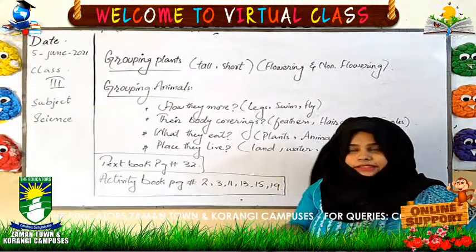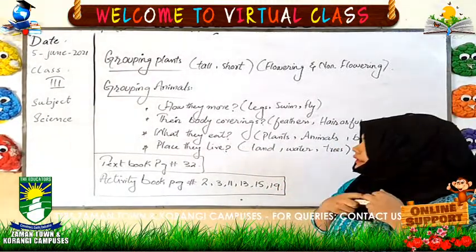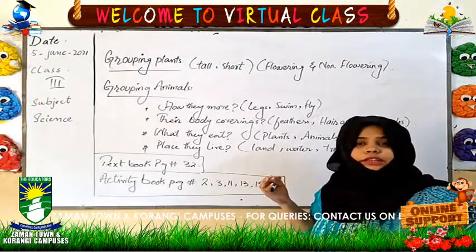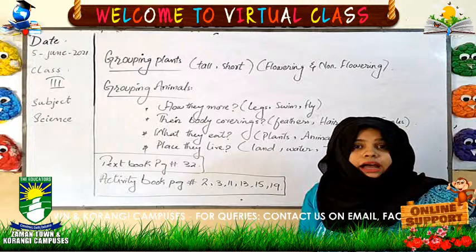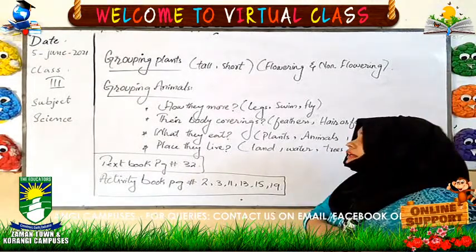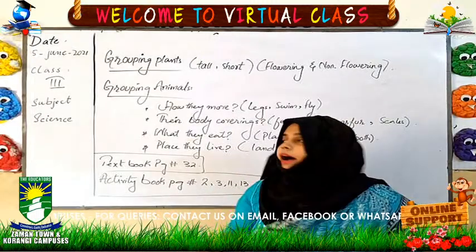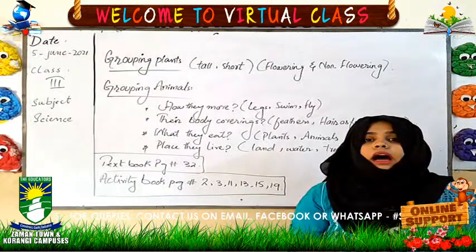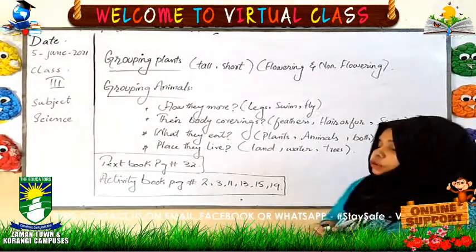In today's class, we are going to discuss something about science. In the previous classes, we were doing the chapter named grouping living things. It means we are making groups of living things. But how are we making the groups? We are making groups according to their similarities, that is, how they have the same or similar functions. Okay. So first of all, we are